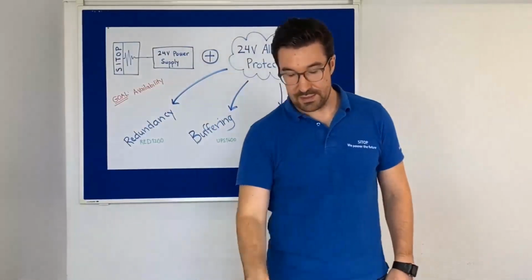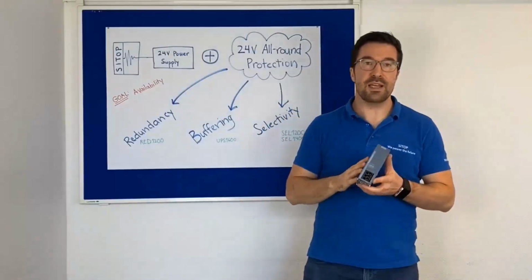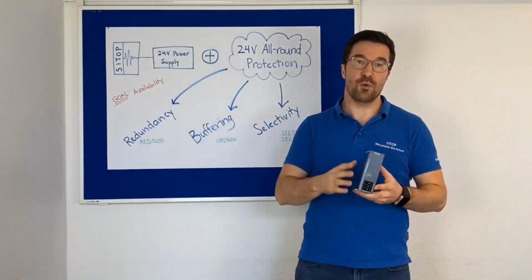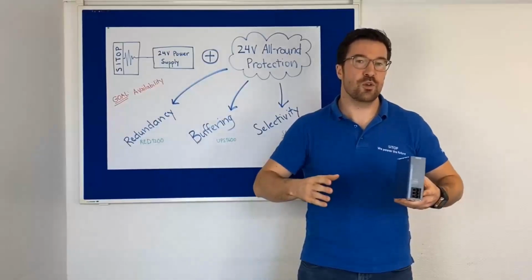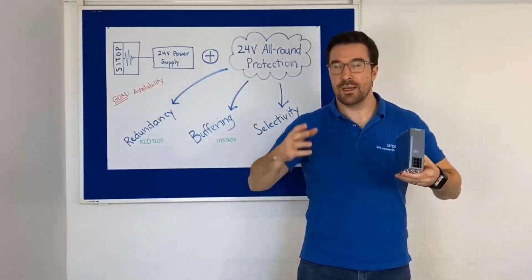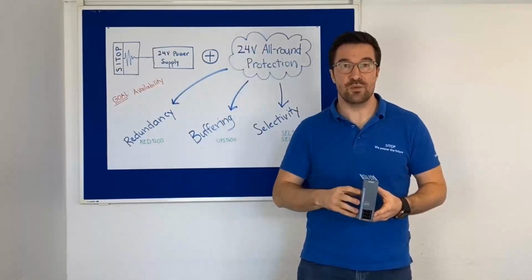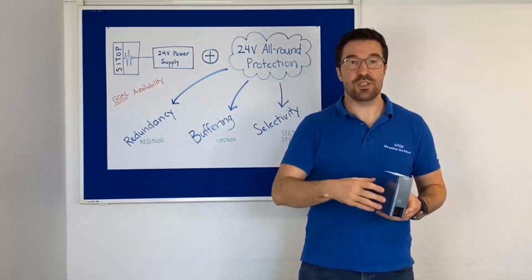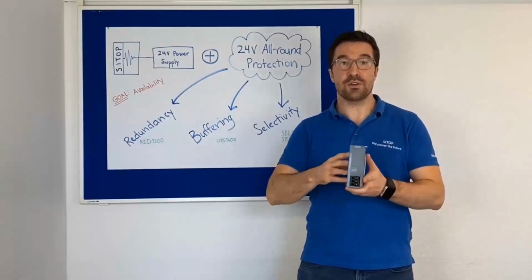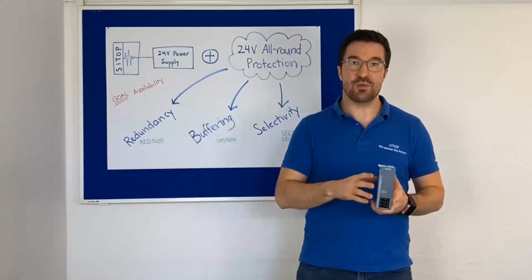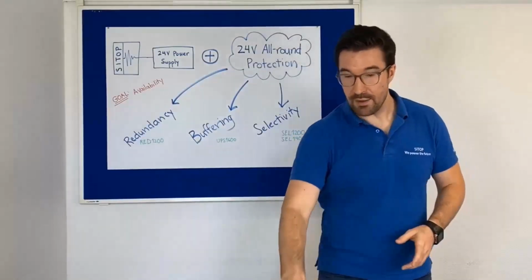So let's begin with the redundancy module. This is a simple device that's basically responsible for switching between the physical two power supplies. So should there be an issue, a classic one is maybe a forklift runs into one of your cabinets and destroys a power supply, this device is now responsible for switching from one power supply to the other seamlessly. So this keeps your 24 volts immediately available.